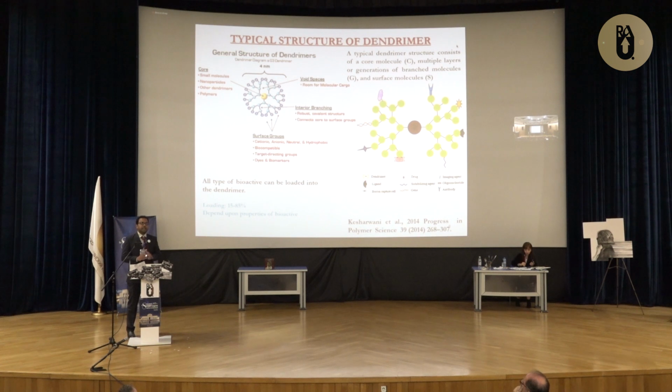So what is the beauty of dendrimer? The beauty of dendrimer is that in one shot you can load both types of drug, hydrophilic as well as hydrophobic. That is the biggest advantage of using dendrimer. But the amount of drug loading can vary depending upon the nature of the drug. If you want to load a hydrophobic drug, the loading will be very high, up to 50 to 80% drug. However, a hydrophilic drug can be conjugated with the surface amine groups, but the loading is comparatively lower than for a hydrophobic drug.